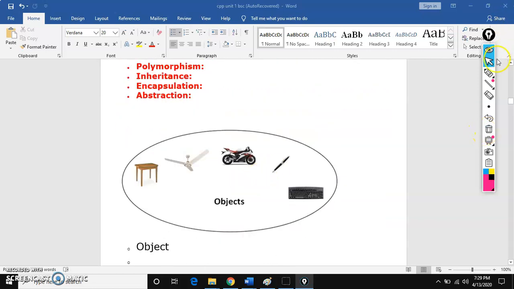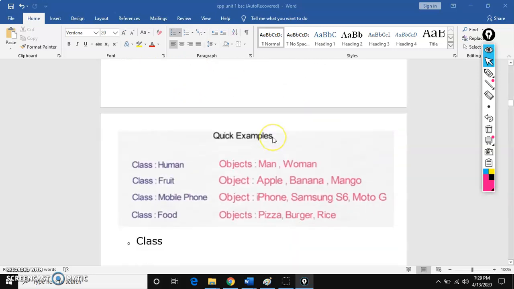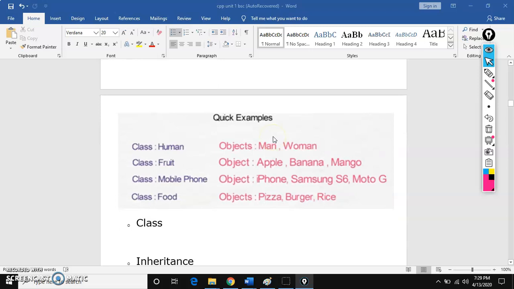For example, see here, object. So object means a real-time entity. See, your vehicle, it is an object. Bench, it's an object. Pen, keyboard, it is an object. Okay. So if you see what is a class,